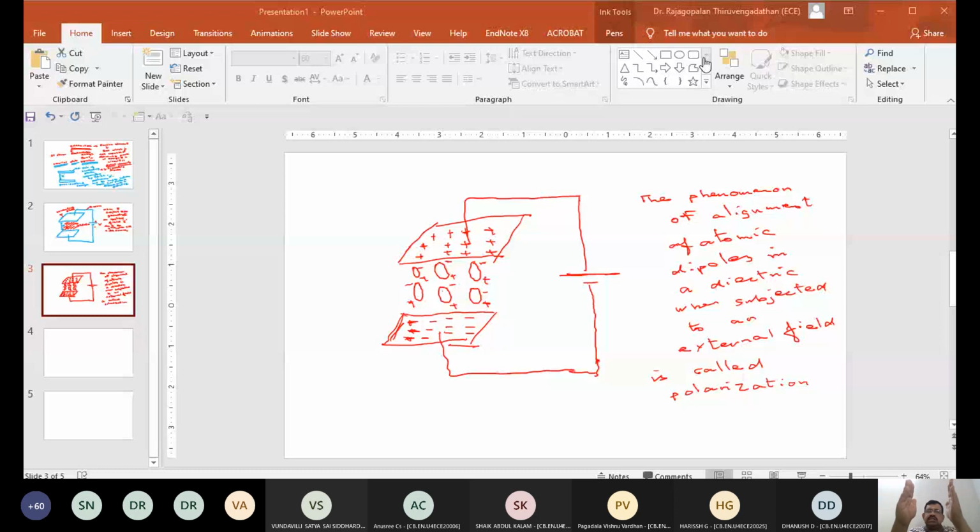So the plates, which were neutral at t equal to 0, have become charged. In other words, one of the plates has acquired positive charge, and the other plate has acquired negative charge. So you can understand here